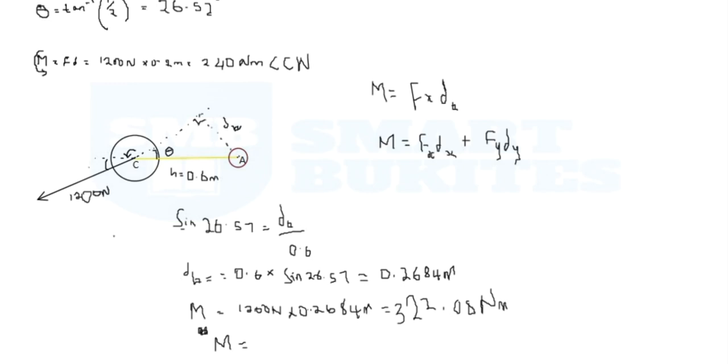Now we can see that the second force is also acting in a counterclockwise direction, so there won't be any change in the sign we use. We are not going to change the sign for the second one too, so it's also counterclockwise. If it were clockwise, then one of them has to be negative because they are not going in the same direction. So our total M will now be equal to 240